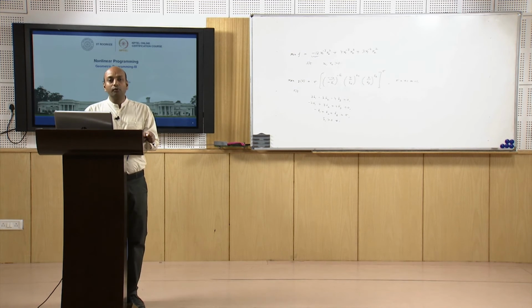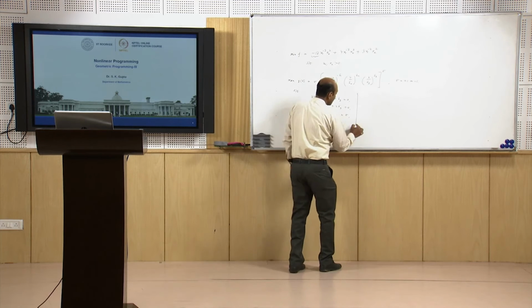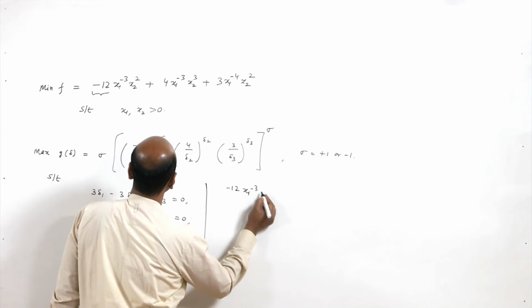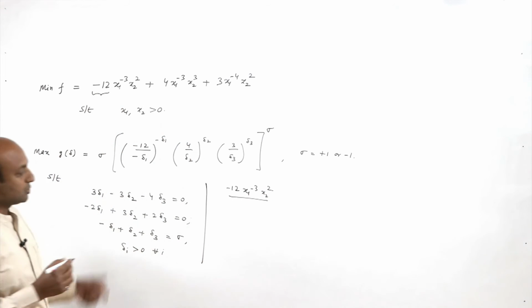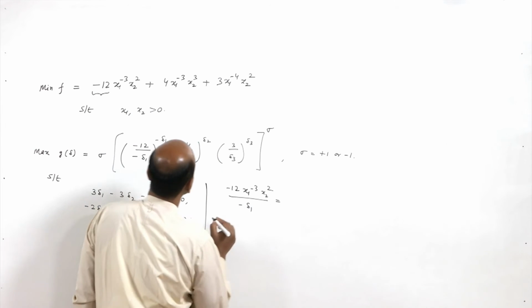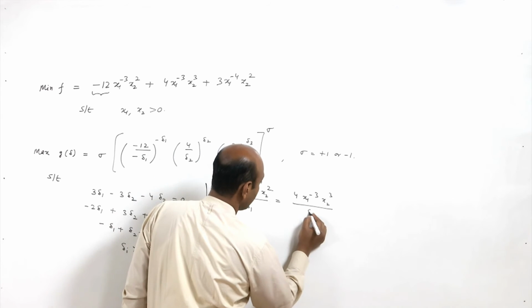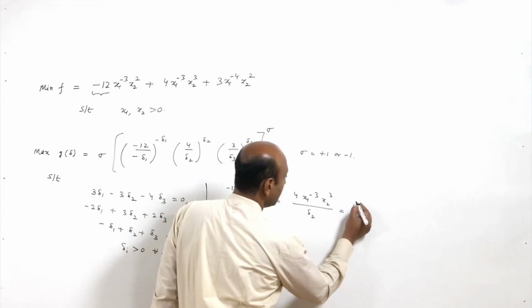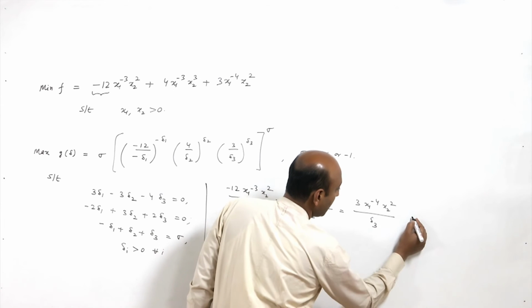Okay. Now, how will we obtain the optimal solution? By applying the equality condition. Now, here what will be the equality condition? Let us see. Here, what is the first term? The first term is minus 12 x1 raised to power minus 3 x2 square upon, now corresponding to this term we are having minus delta 1. So, it is minus delta 1 equal to 4 x1 raised to power minus 3 x2 raised to power 3 upon delta 2, because corresponding to this term we are having plus delta 2, and for the third term it is 3 x1 raised to power minus 4 x2 square upon delta 3. Again this is equal to,